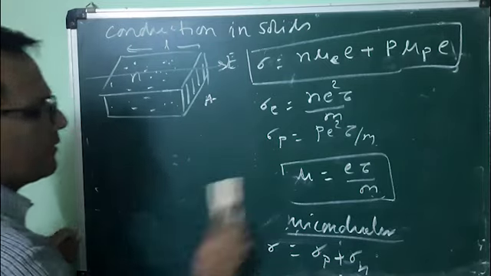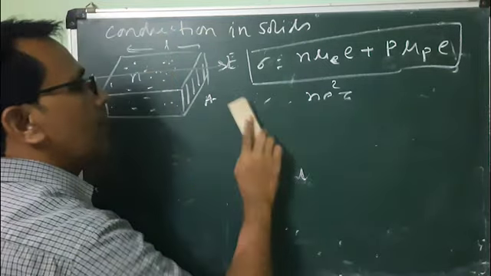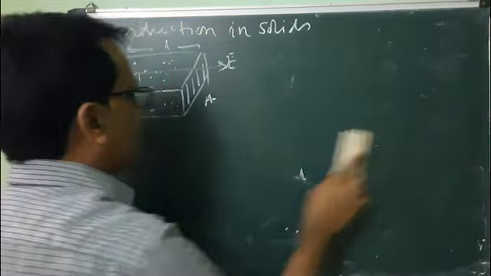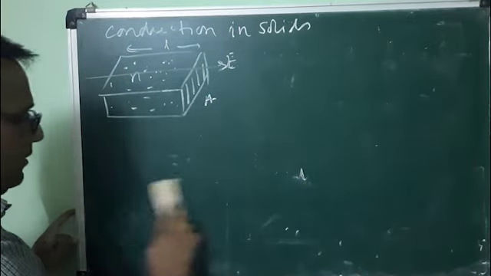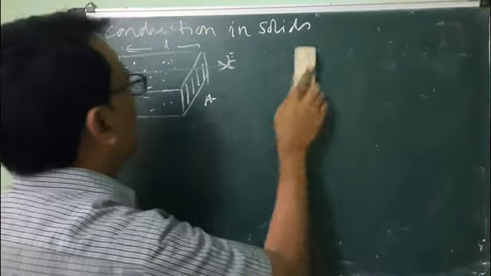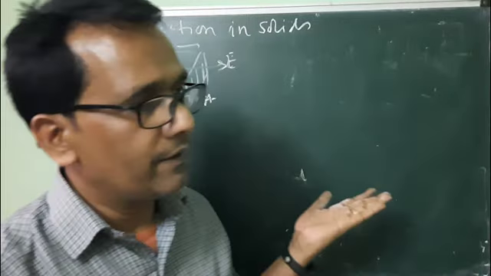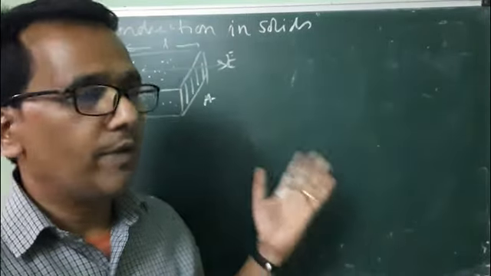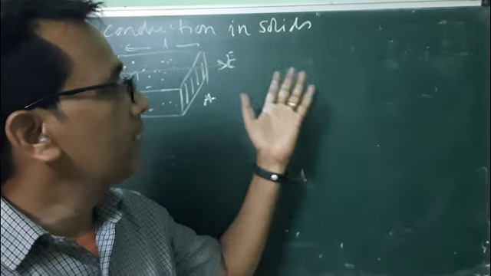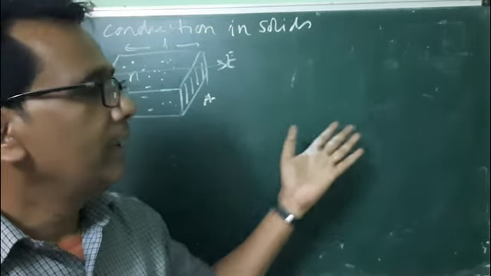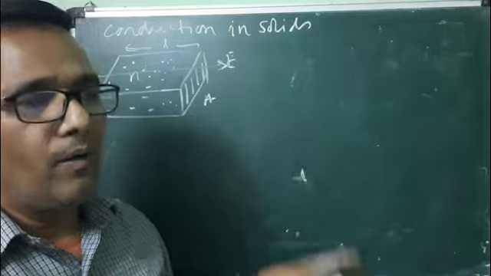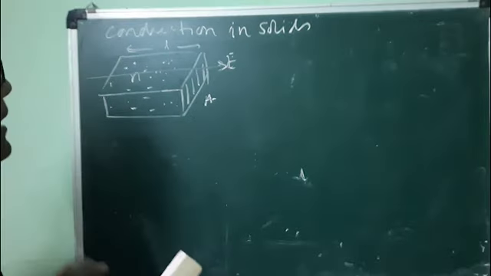The calculation is very simple, and by using 12th level physics one can easily derive it. We have used three pieces of physics: first, Ohm's law to get J is equal to sigma E. Second, we compared the Newtonian force with the electrostatic force to get the acceleration. Drift velocity is defined, and simple physics is used here to calculate this.